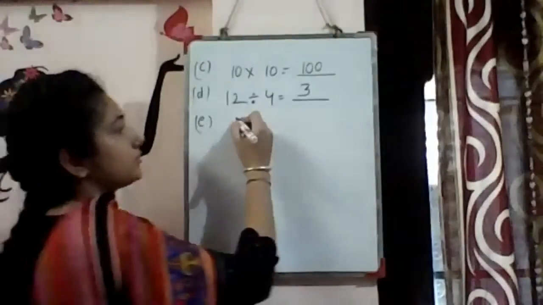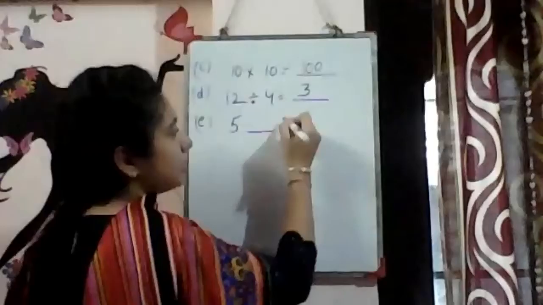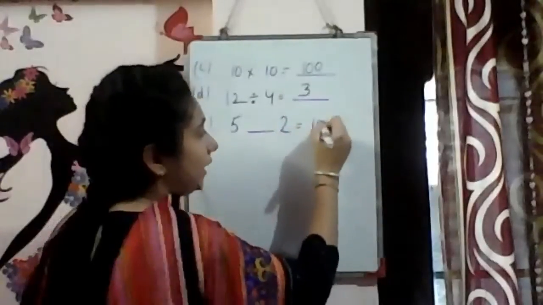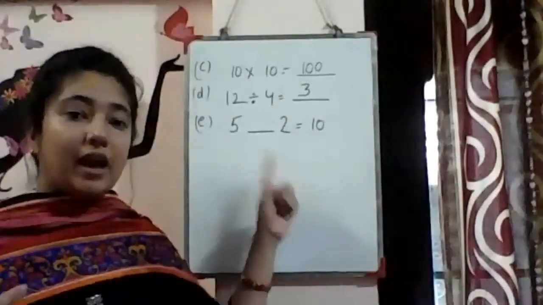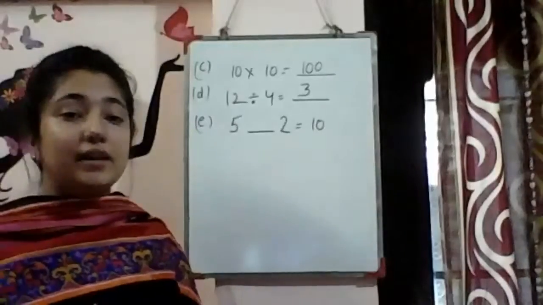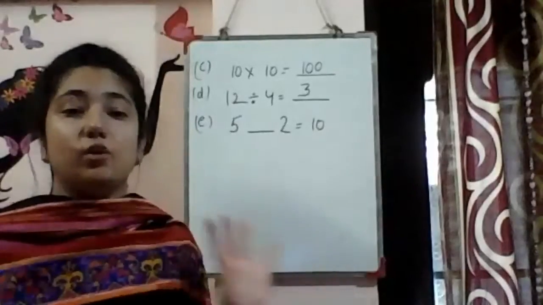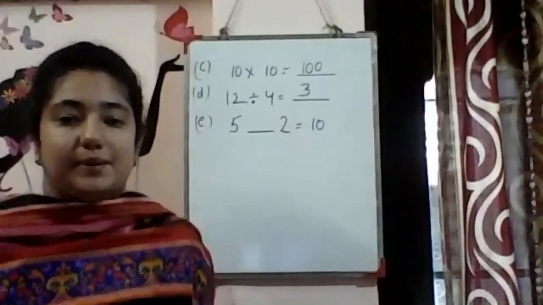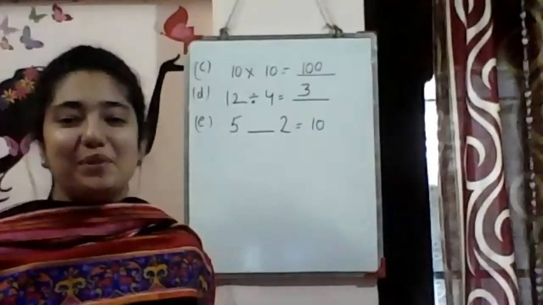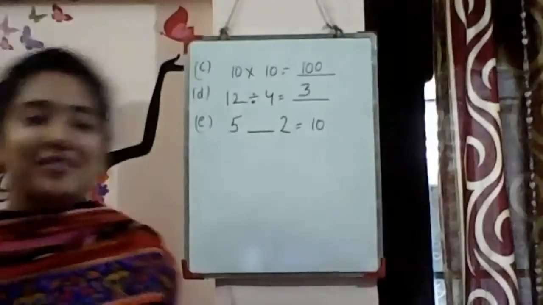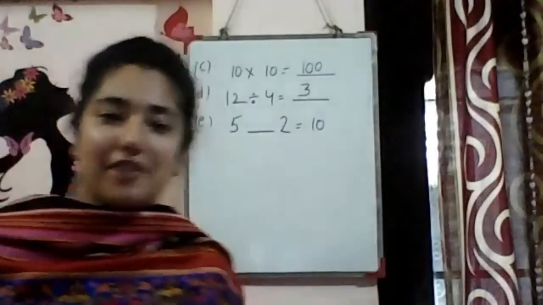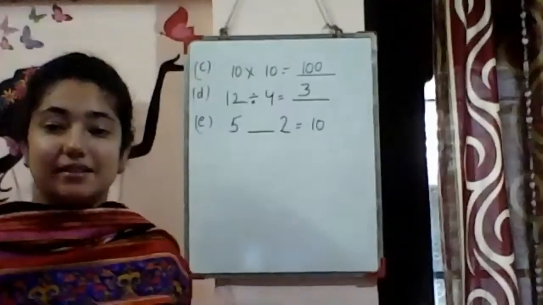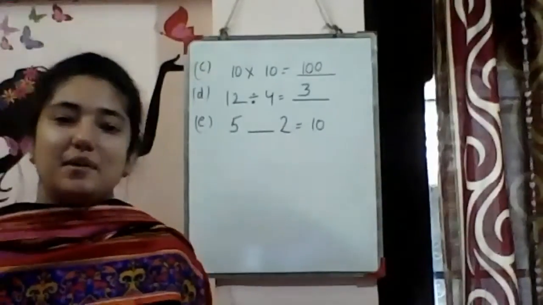Okay, next is 5 dash 2 is equal to 10. Now think about it. This is something different. 5 dash 2 is equal to 10. Now I will get mixed answers, I know. Naval has given, Moksh, Arav, very good. Already we have done this type of sums also. I know, so last time I got very mixed answers. This time you all are right.